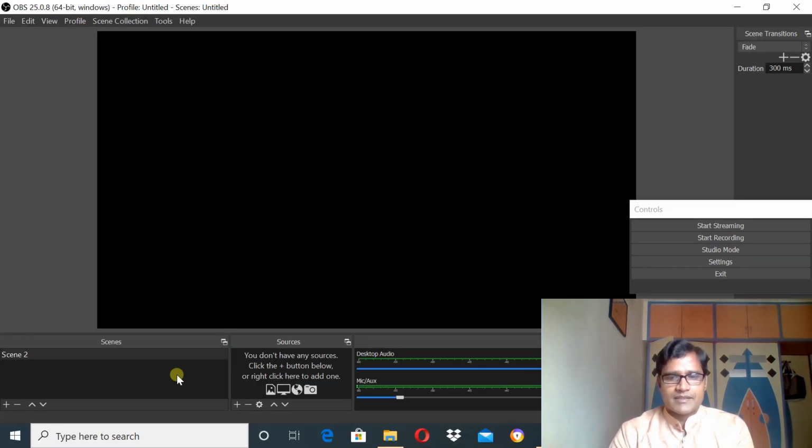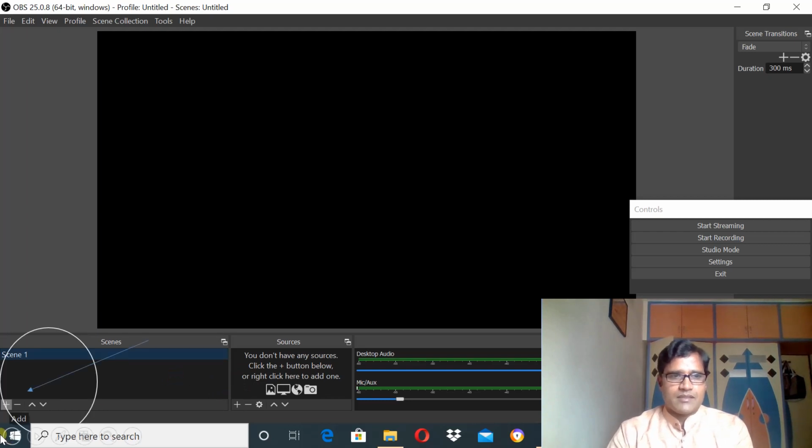So I need to create a scene. Why are different scenes there? So we can make pre-settings. Scene 1 only audio and display, and maybe scene 2 audio, display and video. So in that way you can have many settings. When you select scene 1, it means when that scene 1 is activated, only audio and display will be captured, right? So it's just a pre-setting, because now in the video I just want to show you how to add audio and display. So see how to make the settings.